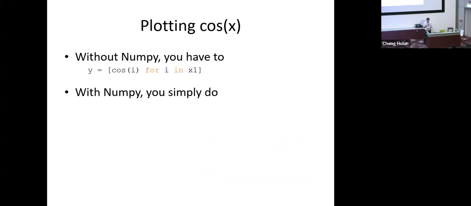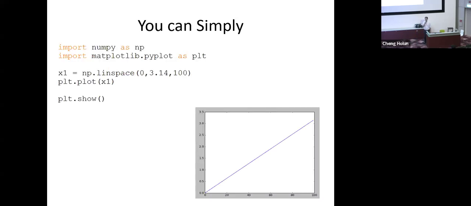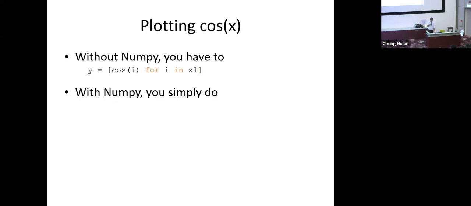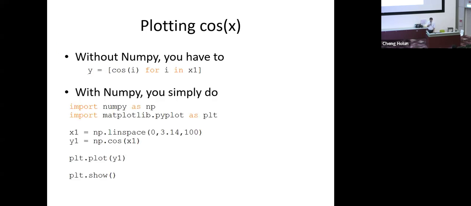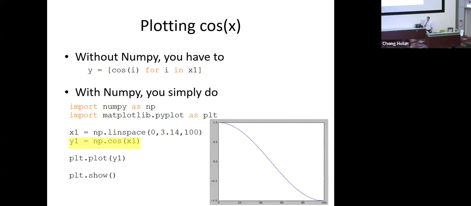So for example, let me try to plot another graph. I do this comprehension to plot cosine. Okay, so because x1 is the array just now, right? I can do it in plot a cosine, and I just simply plot it. So you can see that I plot it in cosine and have a y value and it becomes like that. So this is the cosine curve. Okay, but something is not right